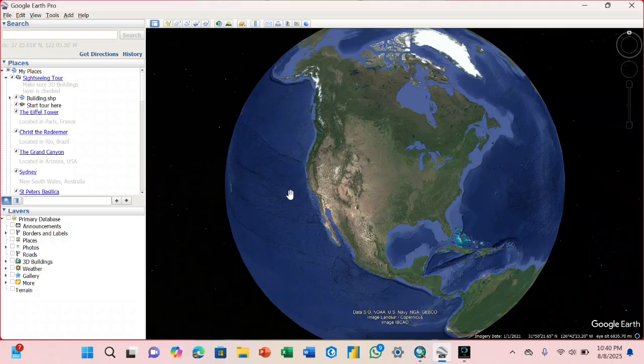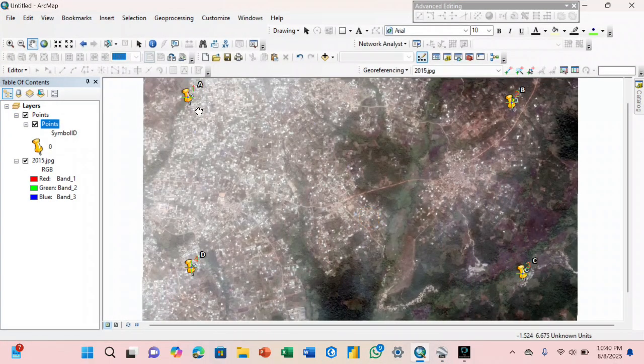Pro software. So you download an image from the Google Earth Pro software, then you import it into the ArcGIS software. Then after that, you do the georeferencing. So this is an image I downloaded from the Google Earth Pro software, and I have done the georeferencing,